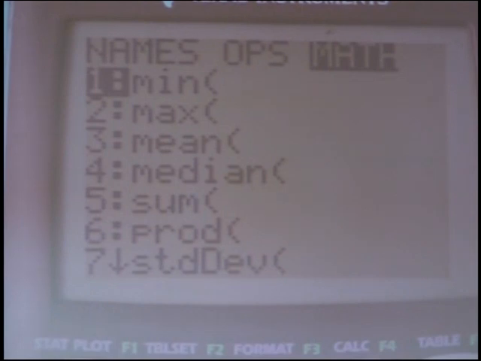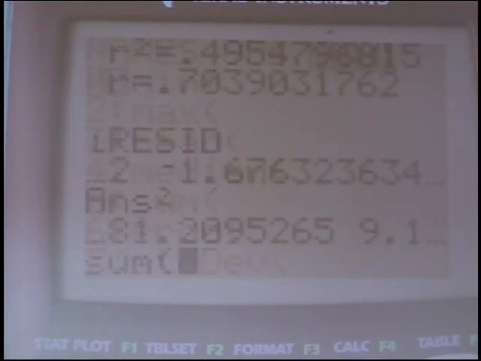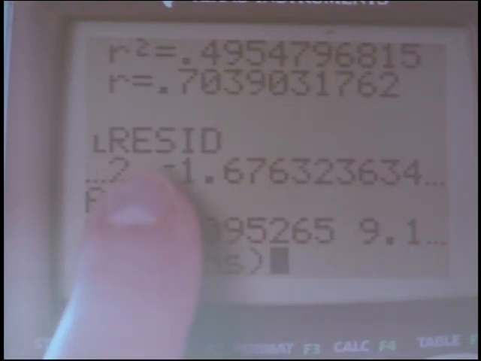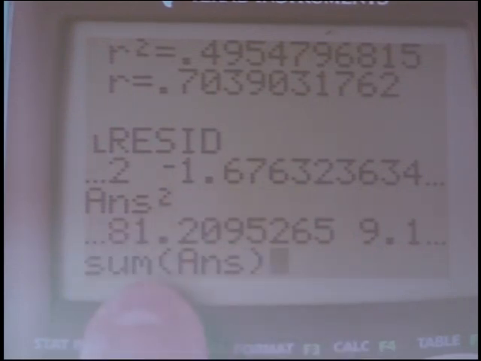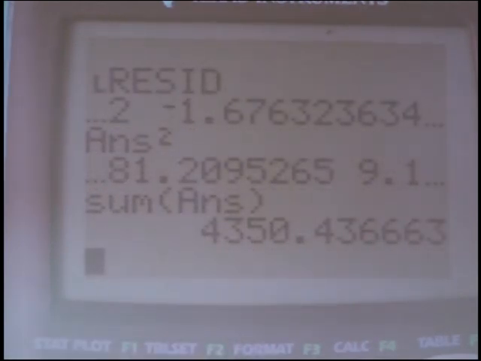I brought residual back into my home screen, but I don't have the numbers underneath it. Oh, really? If you hit enter? Really? Yeah, I got it now. Okay. So we want to do sum, and then sum the answer, okay, there's my residuals. There I squared them, and now I'm adding them up. You can also do it all in one step. So there's the sum of our squared residuals,